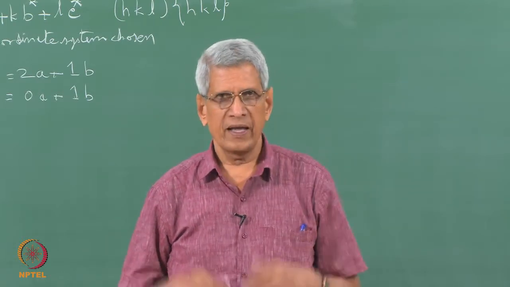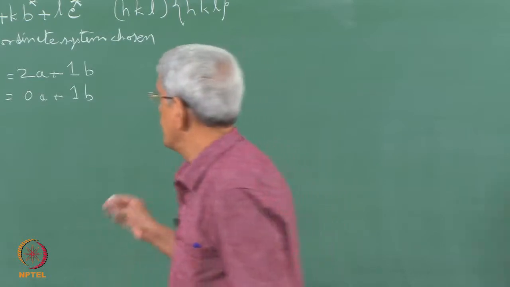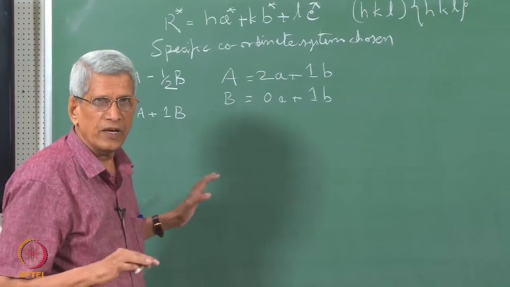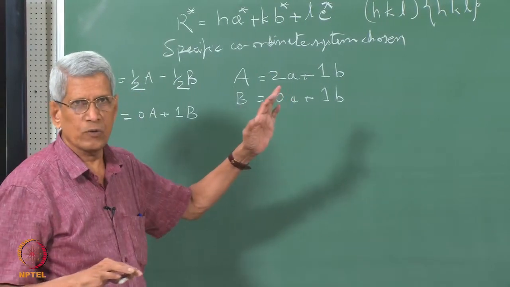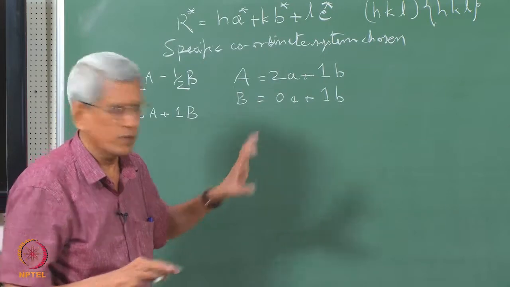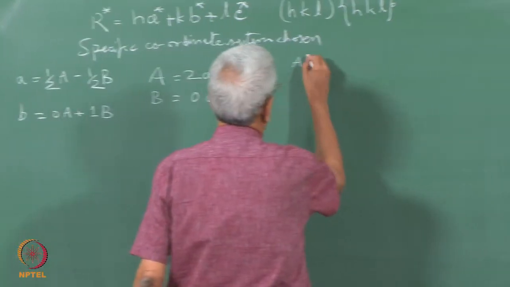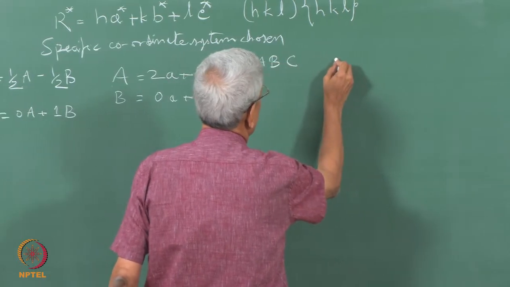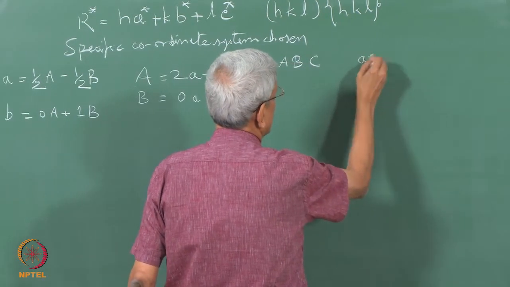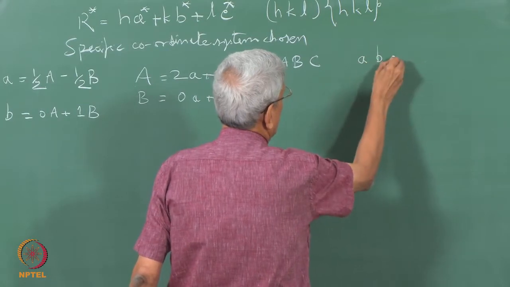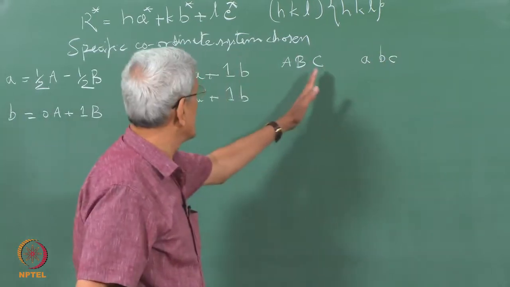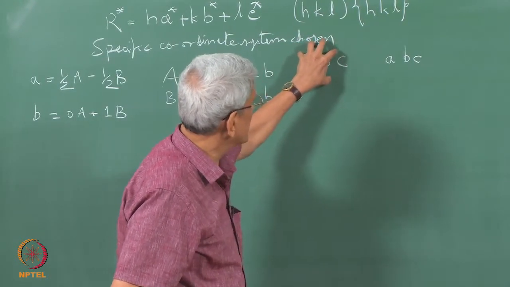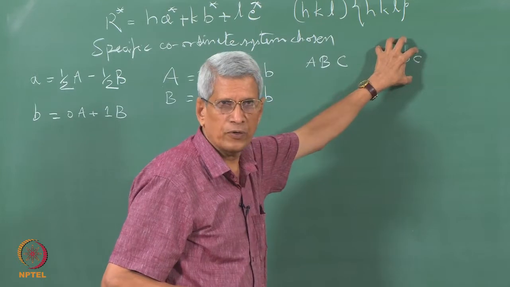Okay. Let us take a generalization. Essentially, what we are trying to do is this: in any lattice, if we consider A, B, C as the coordinates, the vectors which represent the unit cell, then this is for one lattice, and the original lattice, or it is the coordinate of the unit cell of the transformed lattice in terms of the old lattice that we wanted to find out. Okay.